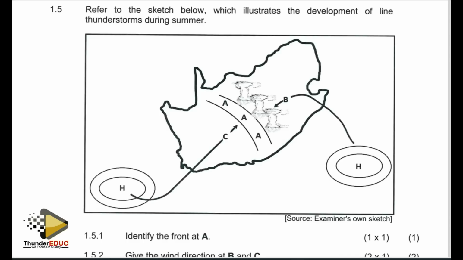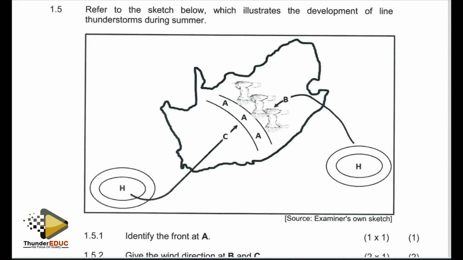So the anti-clockwise circulation of air out of the high pressure cell here will feed into the low pressure cell that has developed over the interior. And also the anti-clockwise circulation from the South Indian high pressure cell is also going to feed over the interior of South Africa, which will be having a thermal low. So those two air masses coming from different directions will have to meet somewhere over the interior, and they will create this weather system which is indicated over this interior here. Right, let's not waste time by explaining. Let's go to the questions.